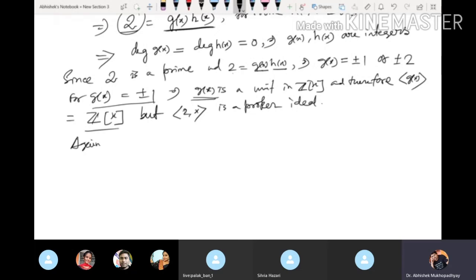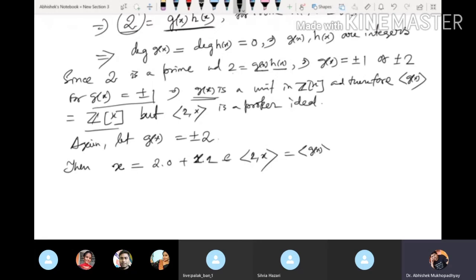Now again let g(x) be plus minus 2. Then the polynomial x can be written as 2 times 0 plus 1 times x. So it is in the ideal generated by 2 and x, but this ideal equals the ideal generated by g(x). Now g(x) is plus minus 2, so that means this is either the ideal generated by 2 or the ideal generated by minus 2. Whatever it is, they are the same,